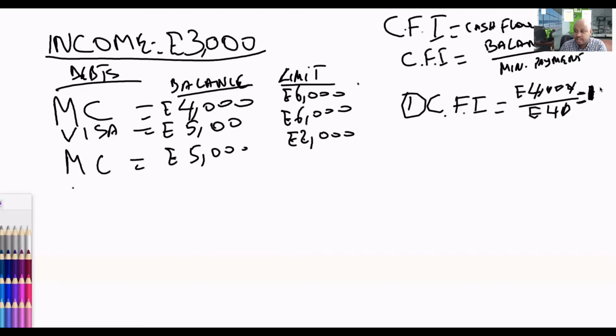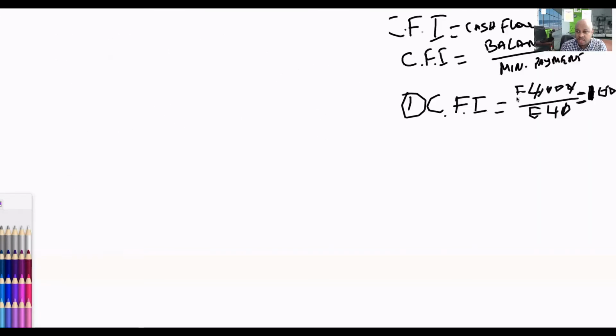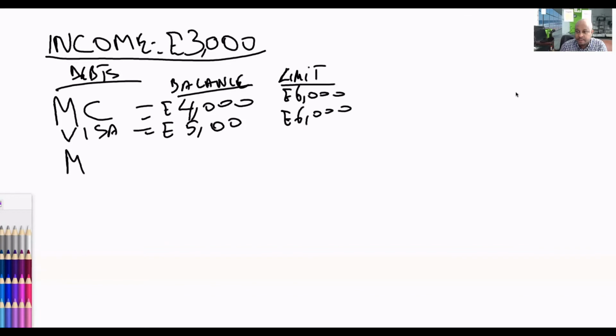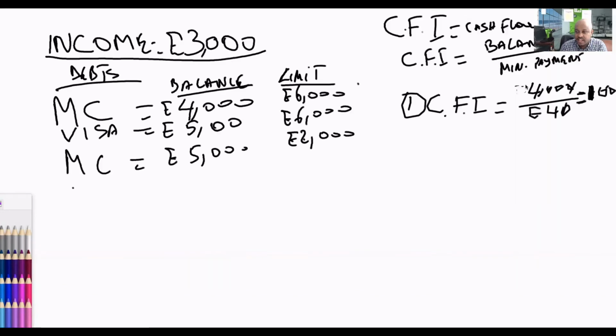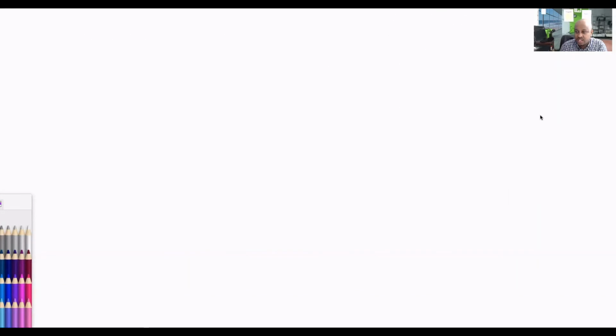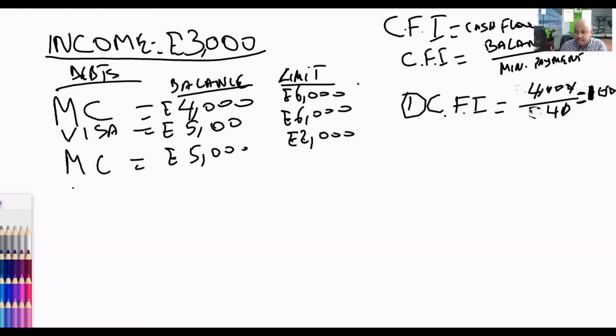Okay, it's going to be 100, right? So this is not pounds, so we can get rid of it. You take the cash flow index number. So this is going to be, let me just show you. So 100. So in the first scenario, the person managed to get a deal where they pay only £40